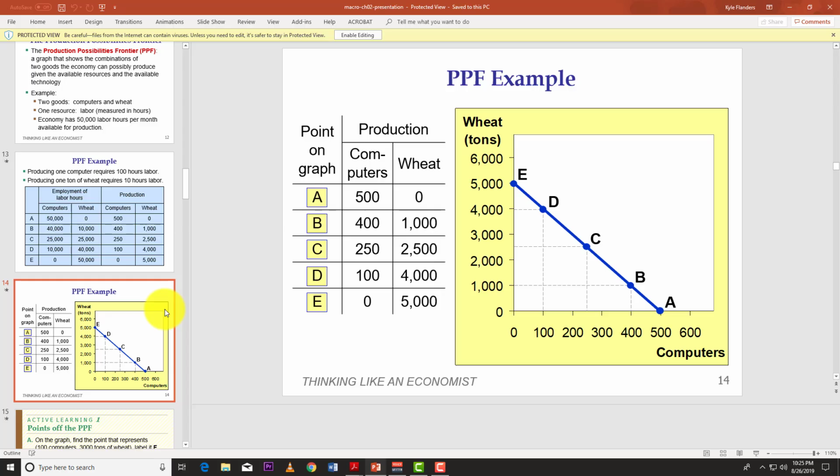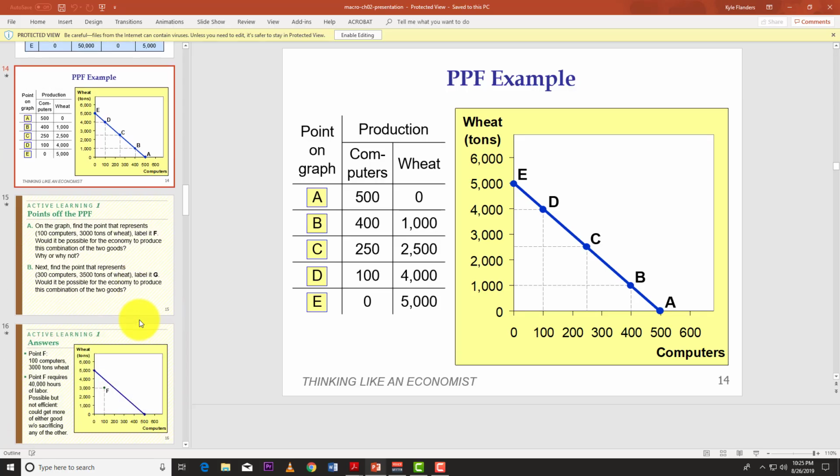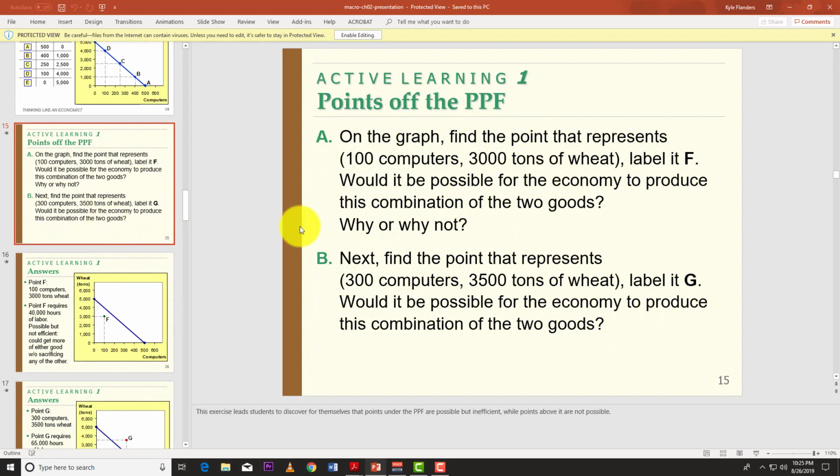Now let's look at what we're talking about, inefficient. Look at this here. Hear what they say. On the graph, find the point that represents 100 computers and 3,000 tons of wheat. Find that point. Label it F. Would it be possible for the economy to produce this combination of two goods? Why or why not? Now the answer for that question is, of course, the economy can produce at F, but